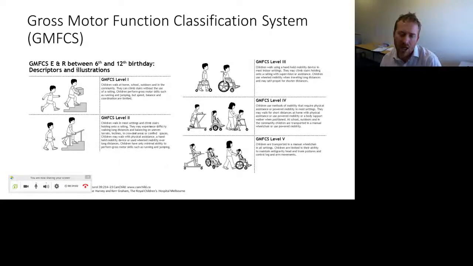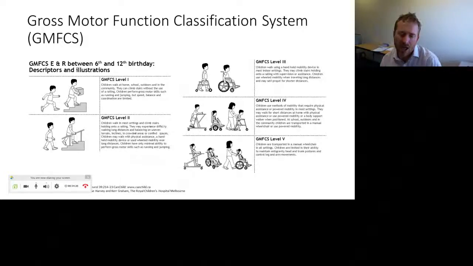So I often talk about the need to hold the child's hand if they're going to, for example, a railway station, and the need to hold onto a handrail when ascending and descending stairs. Children at GMFCS 2 may, and quite often might, use a manual wheelchair for community participation reasons. The example I'd give is often for school excursions where fatigue maybe impacts on their ability to